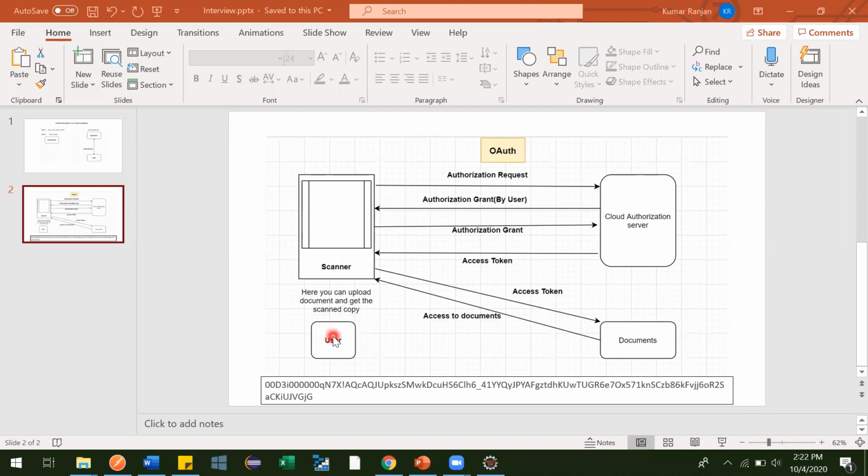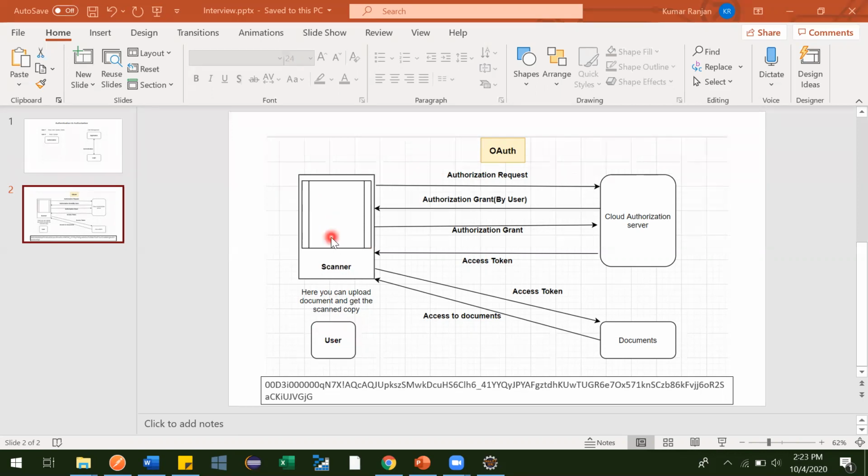He has installed this application on his mobile and started using it. To use it, the user needs to upload a document. Either he can use the camera to click a photo of the document and it will get uploaded here, or he can select from his gallery. The document will get uploaded and scanned, and whatever his requirement is, he can do.